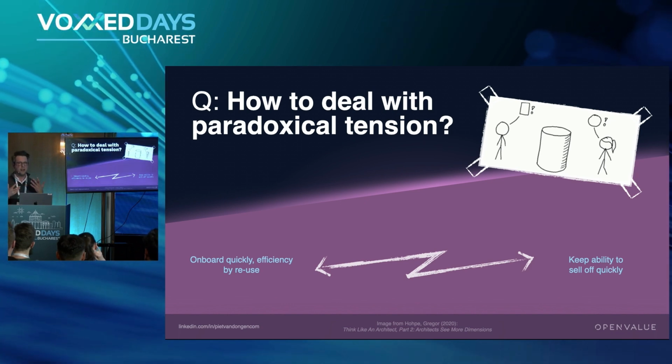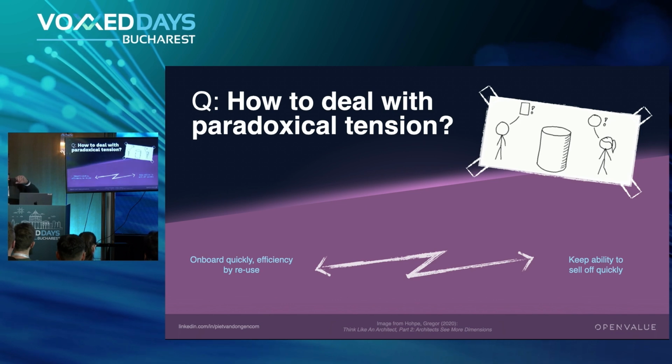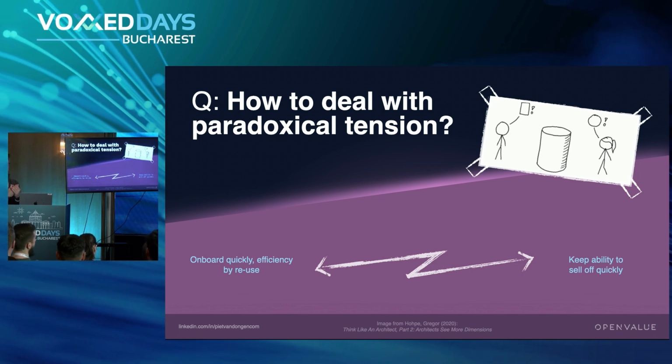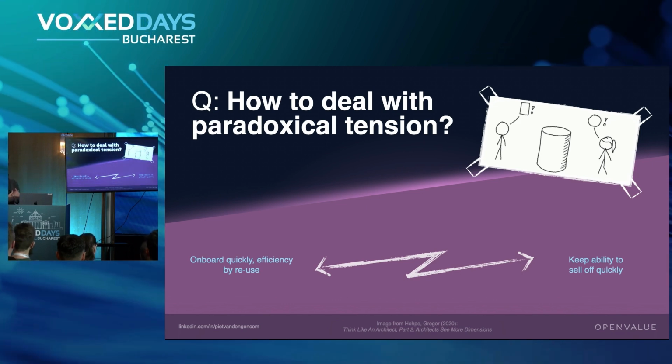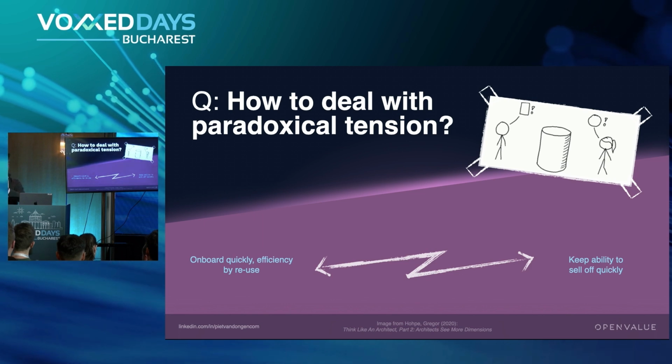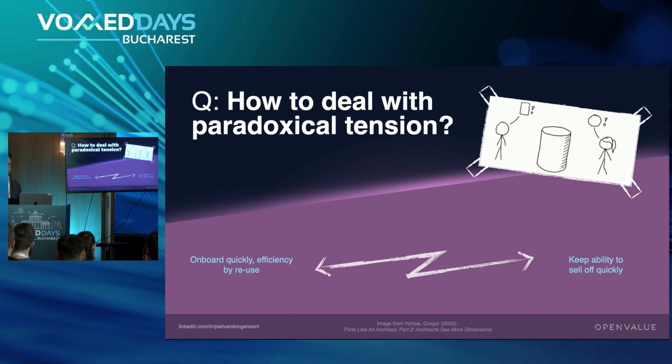But they also need to be able to sell off the things that they bought earlier, because sometimes it just doesn't work. If someone is interested, it's a way to make money for them. So that has tension, because onboarding them in a huge network of systems is effective and it saves you a lot of money. But when you have to sell it off, you don't want to sell your whole environment. So that's a problem.